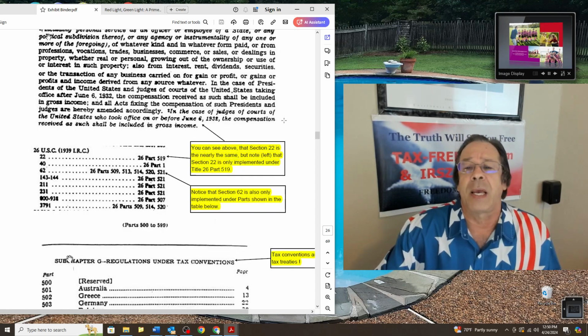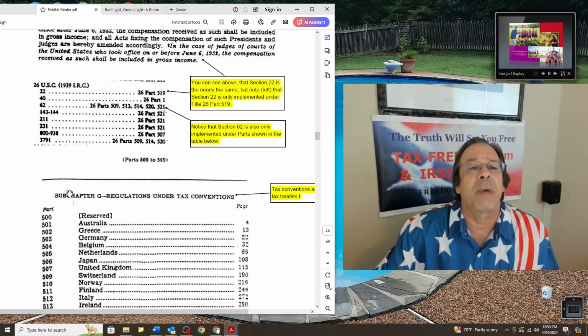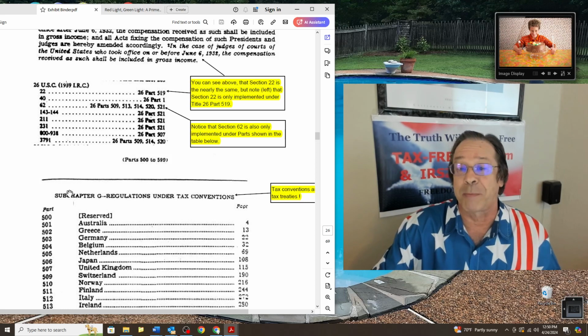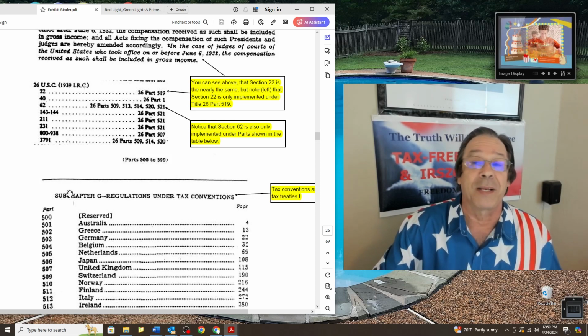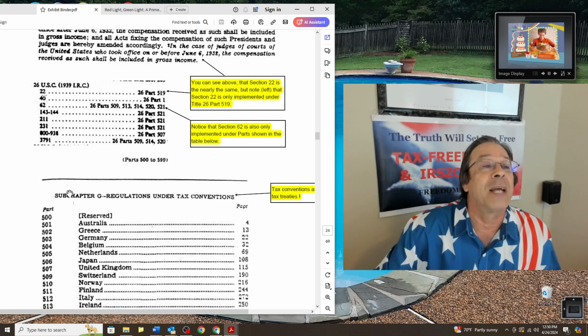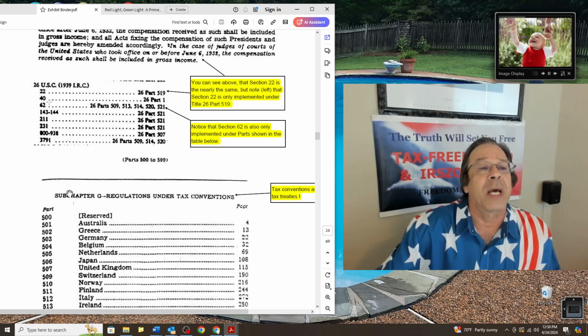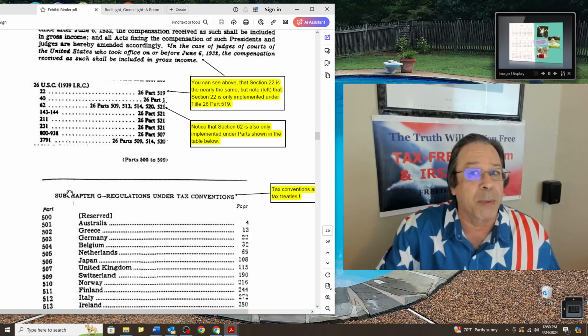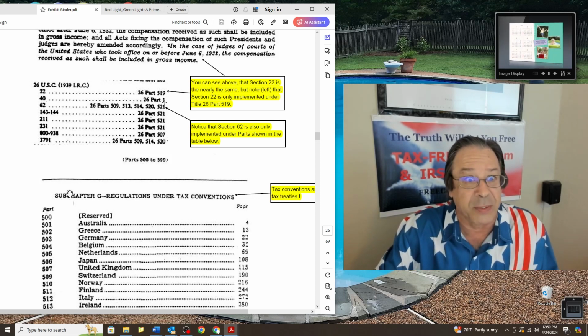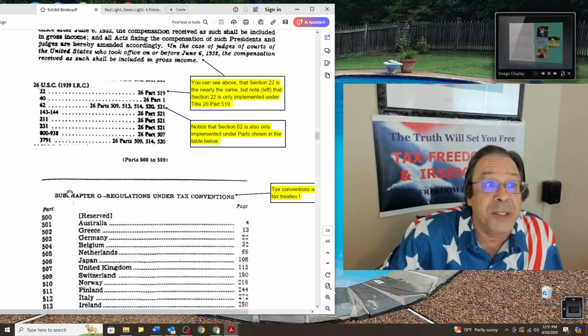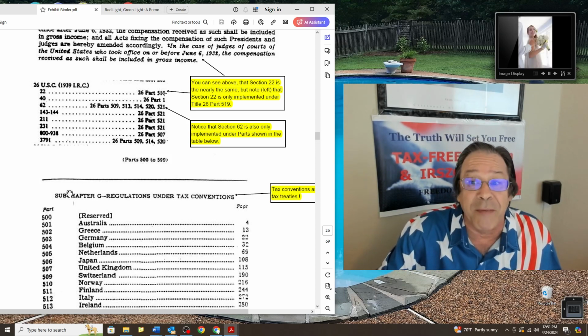Oh, well, let's investigate. Here, they still maintain this in the law. It's for parts from the 1939 code, the implementing parts of the 1939 law. It's still being used. And here we find section 22. 22 was implemented under the 1939 law under 26 Part 519. Well, now look, Section 40 was implemented under Part 1. Remember, Part 1 was important because that's the tax on individuals, the income tax. Section 1, that's Part 1. But Section 22 has no application within Part 1, only Part 519.